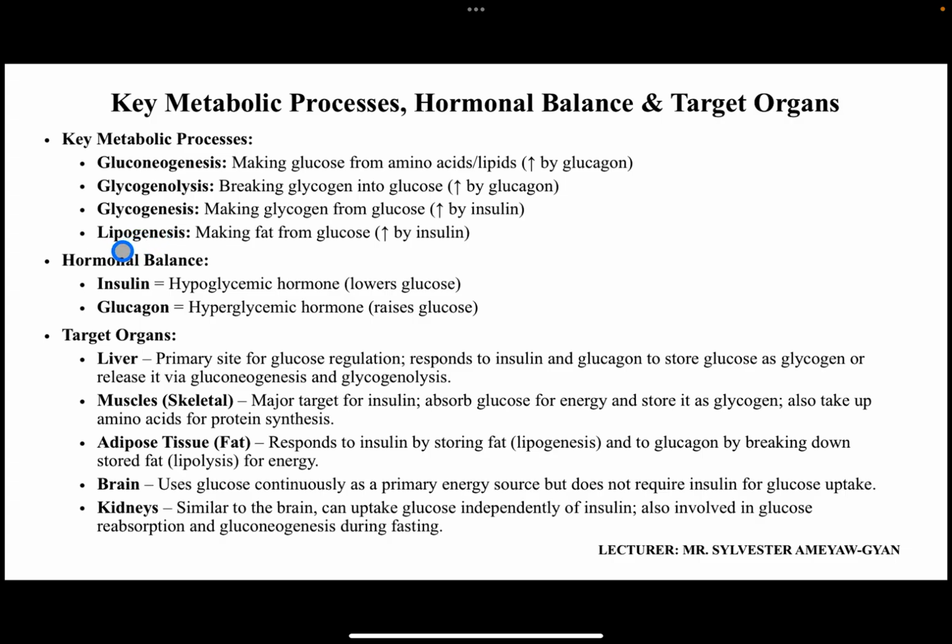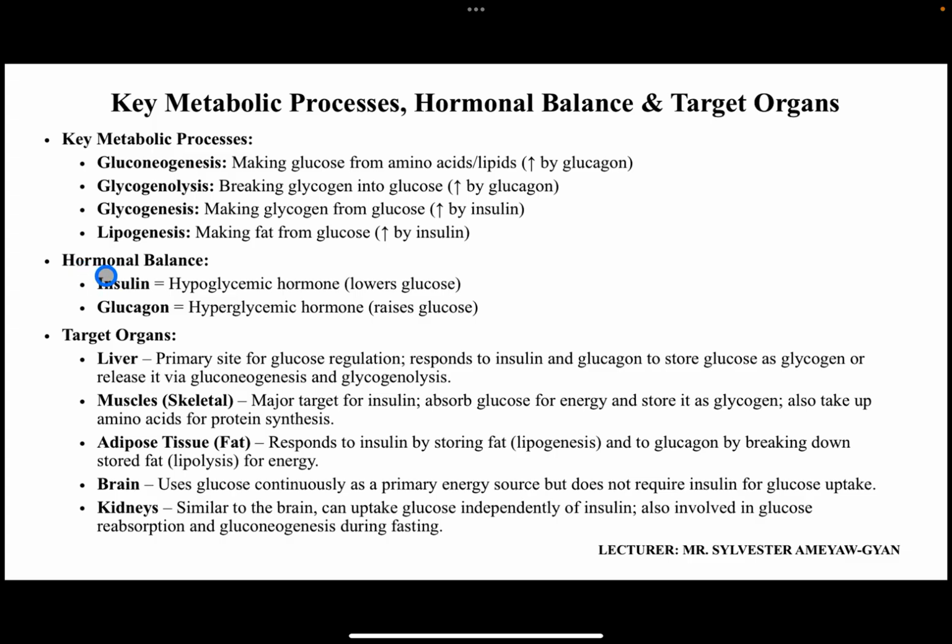Then we have another process we call lipogenesis. Lipogenesis is when you are converting excess glucose into fats and triglycerides to be stored. That process is what we call lipogenesis. You are making fats and triglycerides using glucose. So anytime insulin levels increase, this process